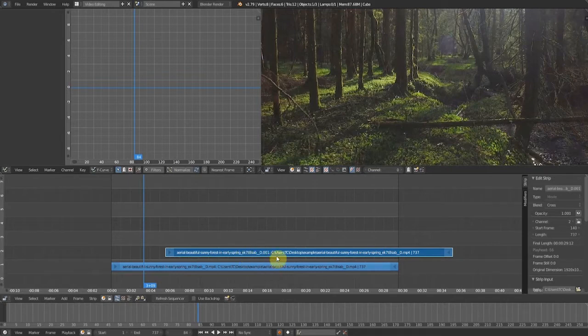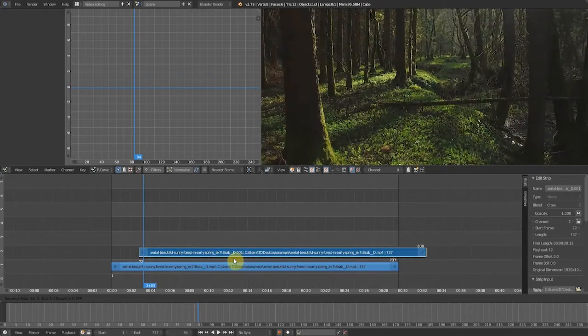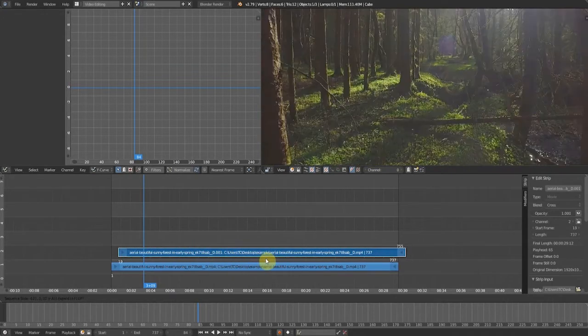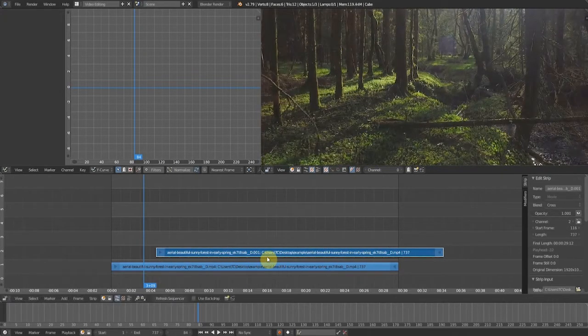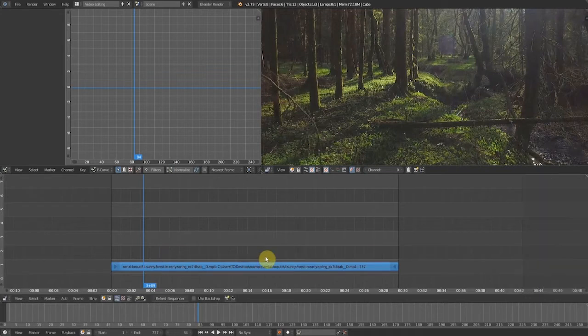Just click on the G key and grab it, and then you would be able to move it wherever you want to on the timeline. Okay, but let me just remove that because I already have my video right here. Now to export this video as a sequence of images, click on this button right here and go back to